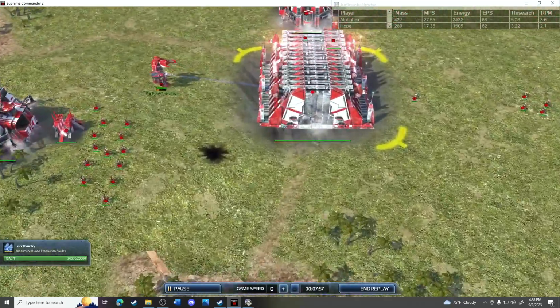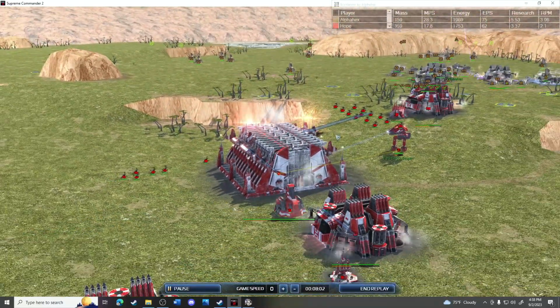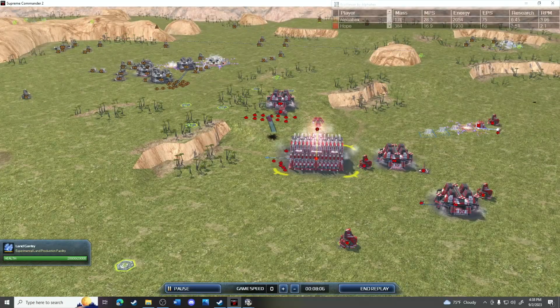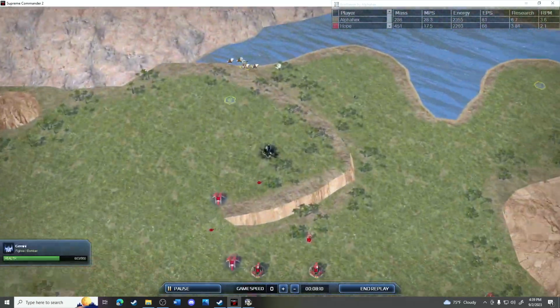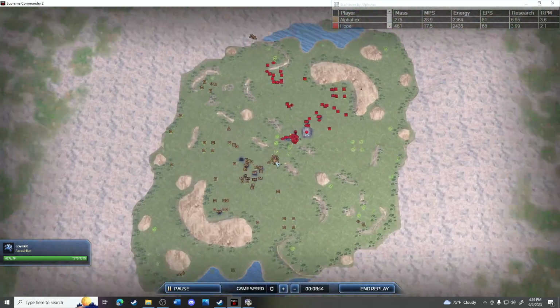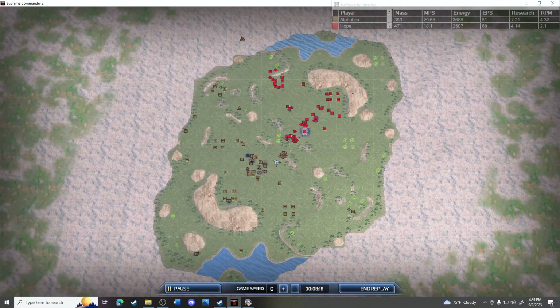No big deal. And Hope has a megalith, so this is what he needs to use to win this match. Because Alphahex has air. They're pretty evenly matched on the ground, but,